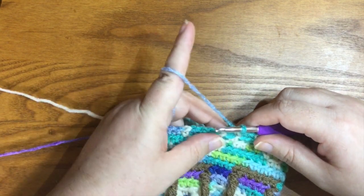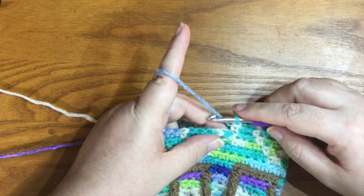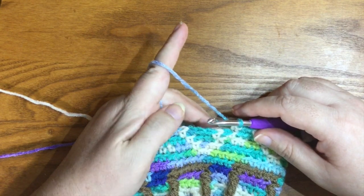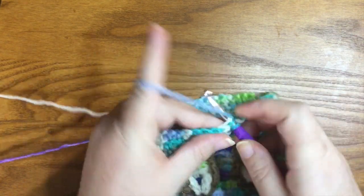So one more round with the pattern, one round after that, and you'll actually be able to see it better. So this round is a pretty simple pattern. It's just going to be 6 blue and 3 white, and the first white's going to be through both loops. So 6 blue,